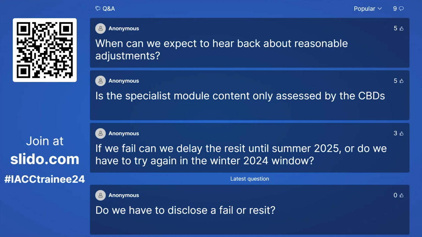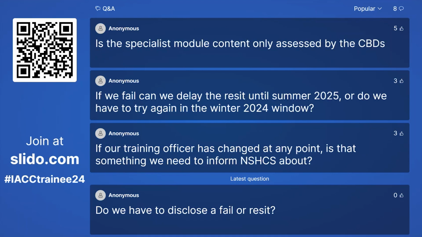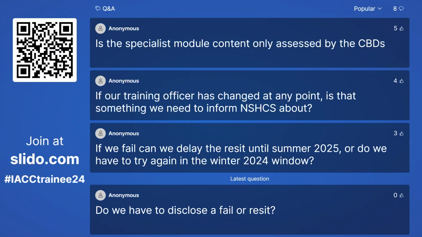Thank you. And when can we expect to hear back about reasonable adjustments? That's an independent process carried out by an independent committee. That meeting has taken place, and I understand the outcomes are being corresponded now. If you haven't heard about an application you submitted by the end of the week, please contact us via the inbox, because it may be that we are trying to contact you to gain further evidence or information.